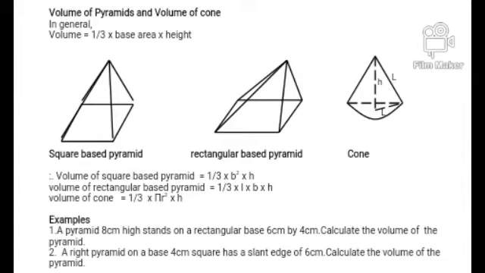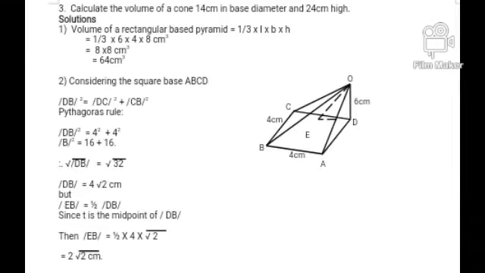Example: a pyramid 8 centimeter high stands on a rectangular base 6 centimeter by 4 centimeter. Calculate the volume of the pyramid. A right pyramid on a base 4 centimeter squared with a side edge of 6 centimeter. Calculate the volume of the pyramid as well. Now, the next one is we have to calculate the volume of a cone 14 centimeter in base diameter and